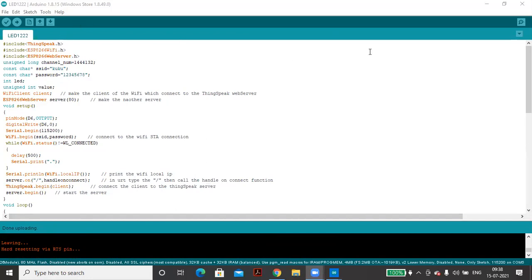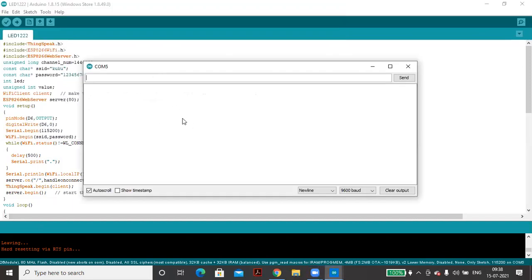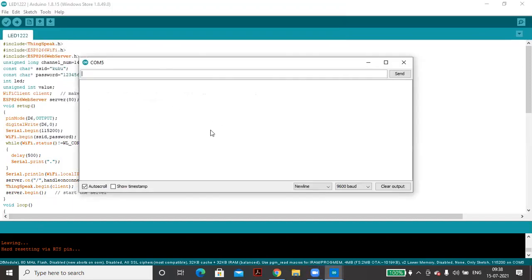See, in the corner there is a serial monitor. We'll click here, one window will pop up. Now we have to press the reset button on the board. If I make you see.